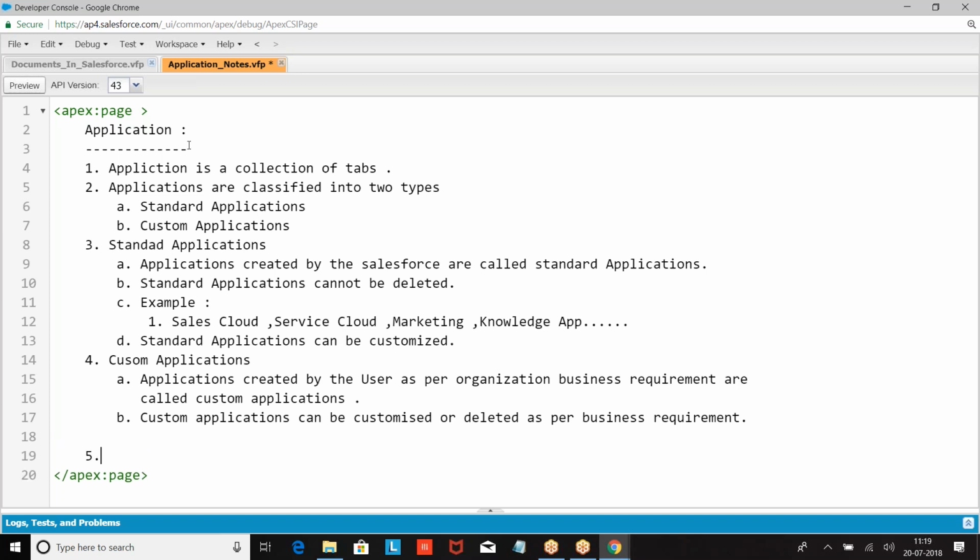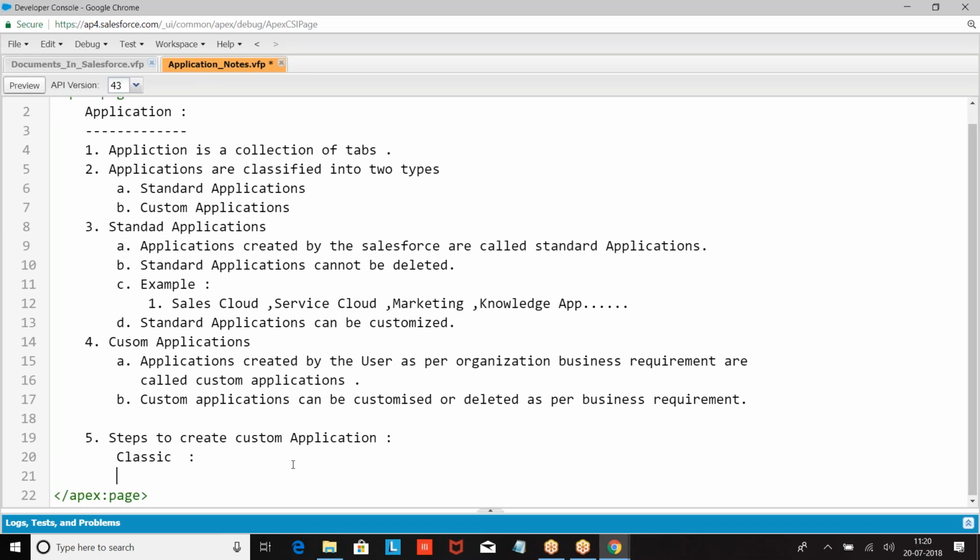Then, steps to create a custom application. How to create custom applications? Look at the procedure, everyone. We are discussing in Classic.